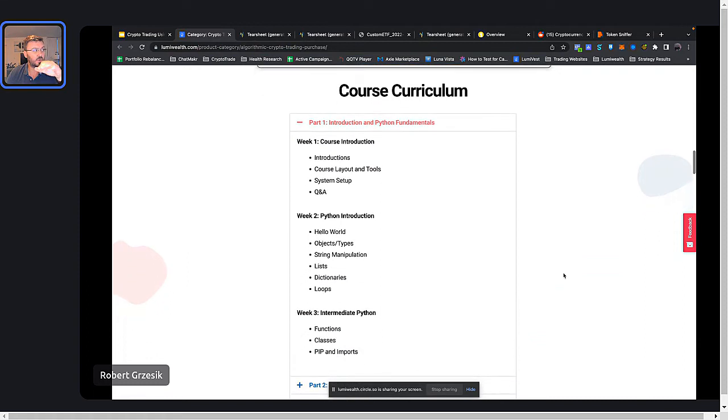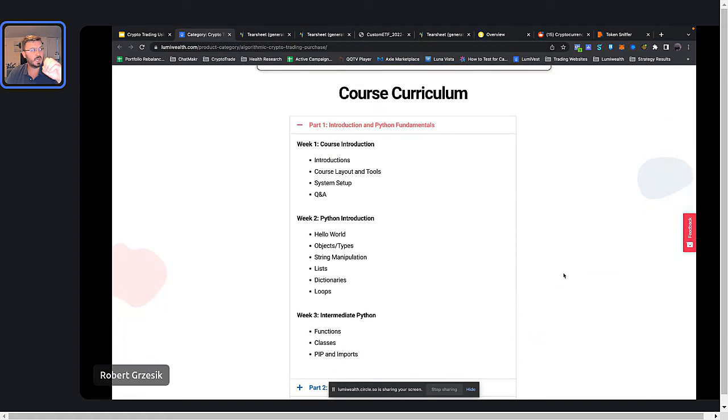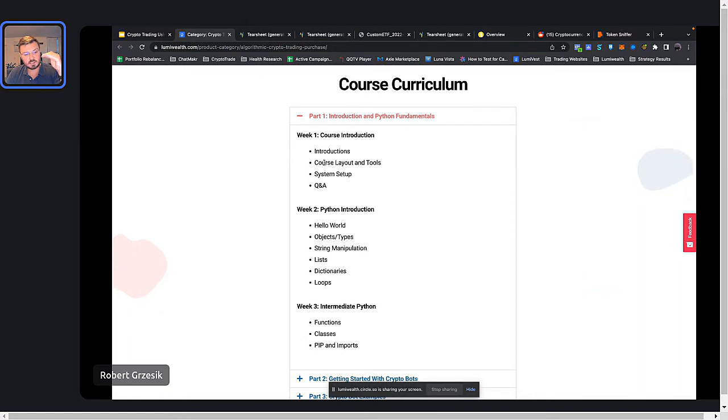So even if you don't know how to code or if you're rusty, we'll get you to the point where you are good to be able to start working on these algorithms. So week 1 is an introduction. You'll get to know other people in the class. It's very social. A lot of people end up working on projects together after going through a class like this. We'll get your system set up. We'll make sure that you understand how to go through the course and all that kind of stuff. It's a very good intro day, right?